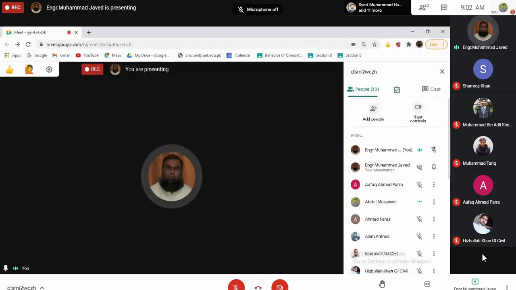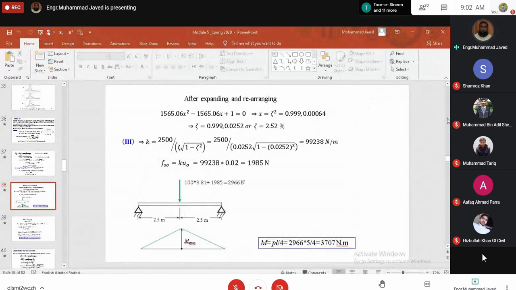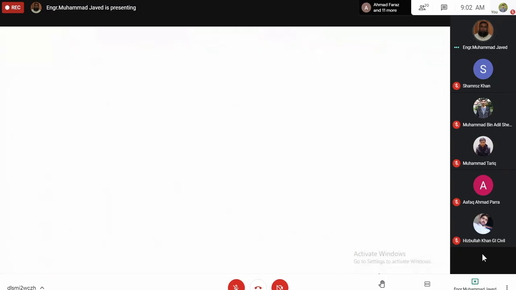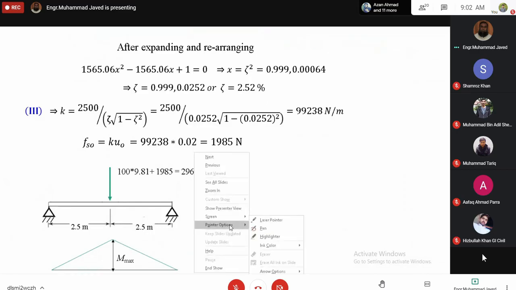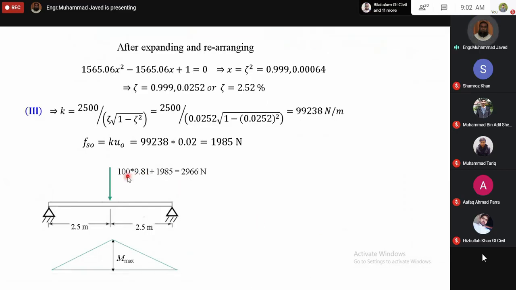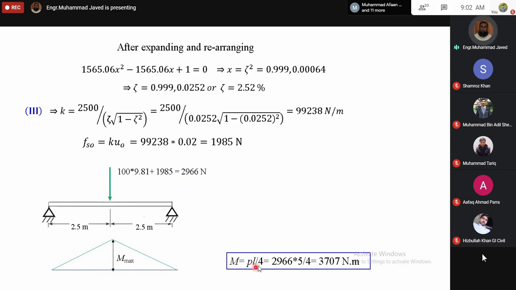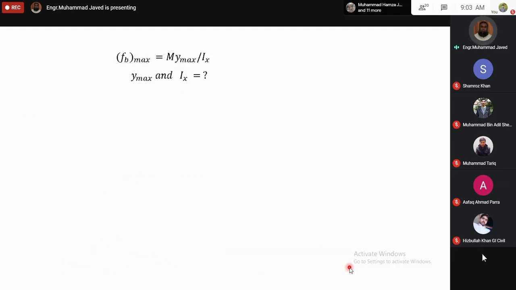ठीक है। सेल्फ वेट अगर नहीं तो इसके बराबर होगा, लेकिन यहाँ पर मशीन के चूंकि वेट है वो तो एक्ट कर रहा है तो हम मशीन का वेट इसके साथ ऐड कर देंगे। मशीन का जो मास है वो 100 kg है तो इससे हम वेट मालूम कर लेंगे, वो इसके साथ ऐड कर लेंगे और अब हम मैक्सिमम बेंडिंग मोमेंट कैलकुलेट कर सकते हैं विच इन सिंपली सपोर्टेड बीम विद अ पॉइंट लोड एट द सेंटर PL/4 के बराबर है और इस बेंडिंग मोमेंट से हम बेंडिंग स्ट्रेस कैलकुलेट कर सकते हैं।